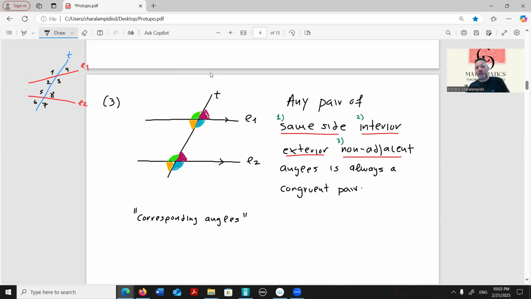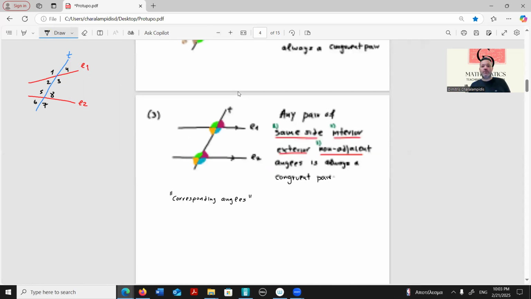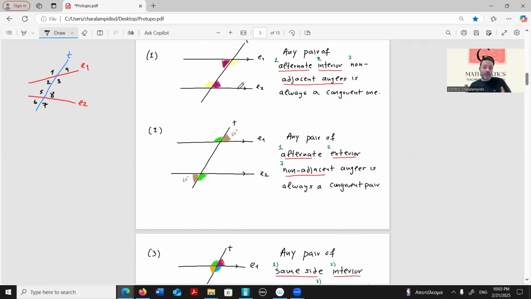I guess that they are called this way because they are found in similar places regarding the lines. So once again, remember that that's not always the case. On the formation seen at the very left of your screen, with the two red lines and the blue line cutting them,